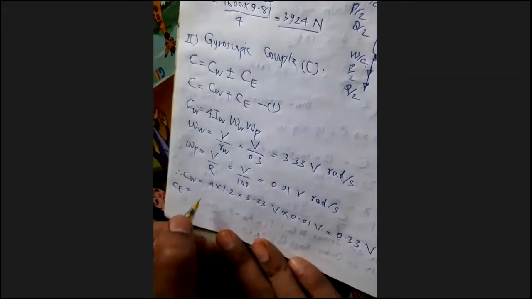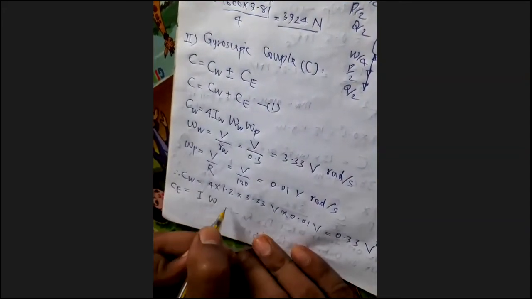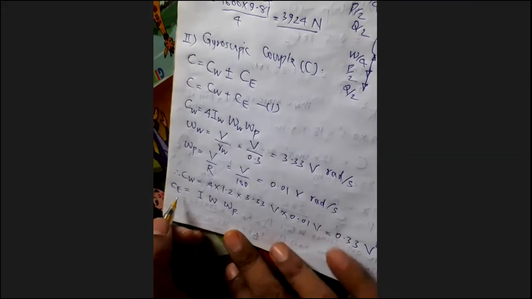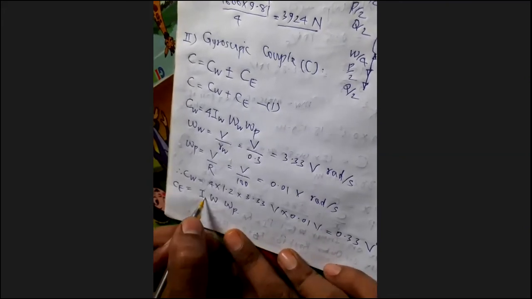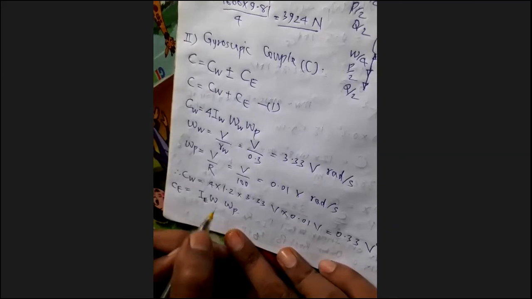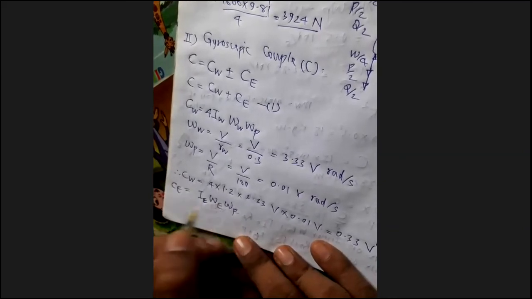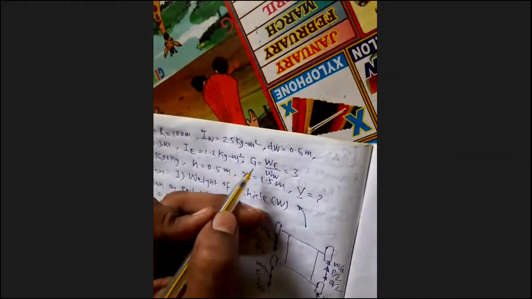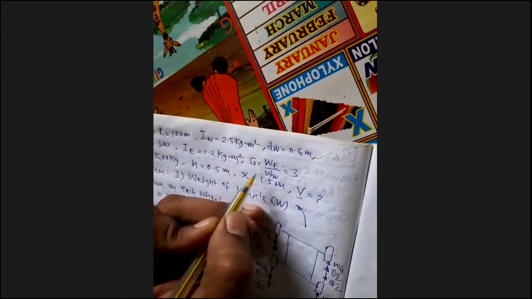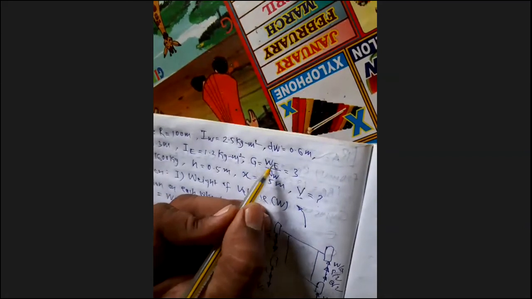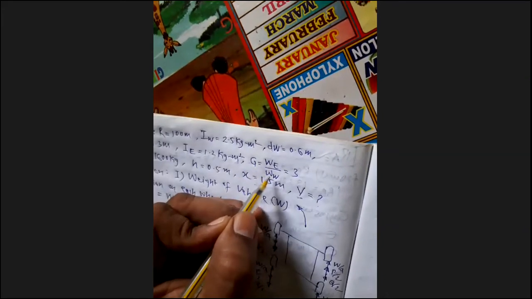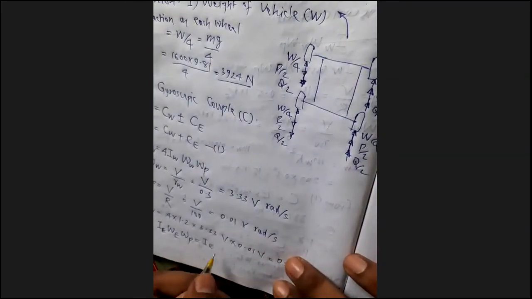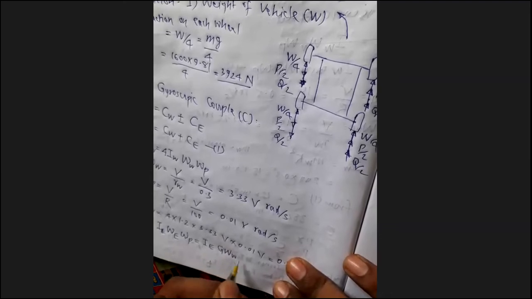Again, we will use the similar formula I omega omega p. Now here, as we are writing the expression for gyroscopic couple due to engine rotating part, we will consider moment of inertia of engine rotating part. We will consider rotational speed of engine. Now rotational speed of engine is not given, but we are given the gear ratio, so we will write this in terms of omega w. Omega e can be written as G into omega w. So let us write this as Ie into G into omega w into omega p.